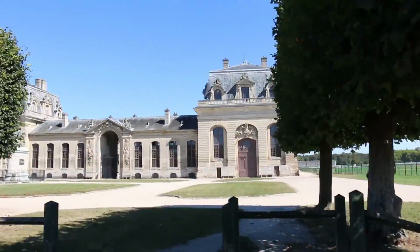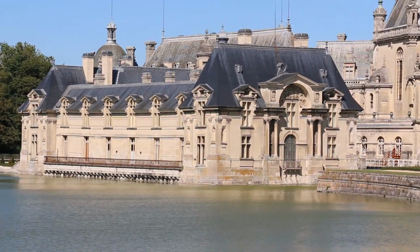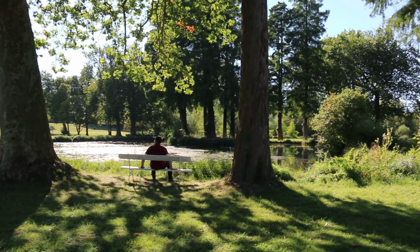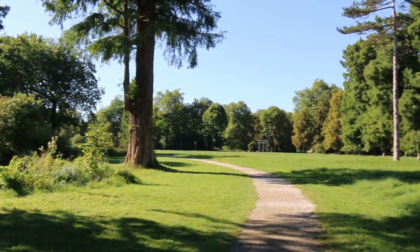So from the station you can walk to the palace. It's a reasonable walk, but you walk through wood, and then you walk through a park, and then this is the palace now. And the palace has enormous grounds. They're absolutely huge. So this is in the palace grounds, exploring